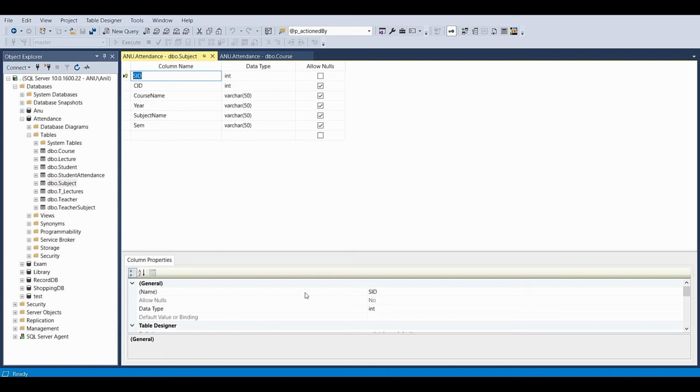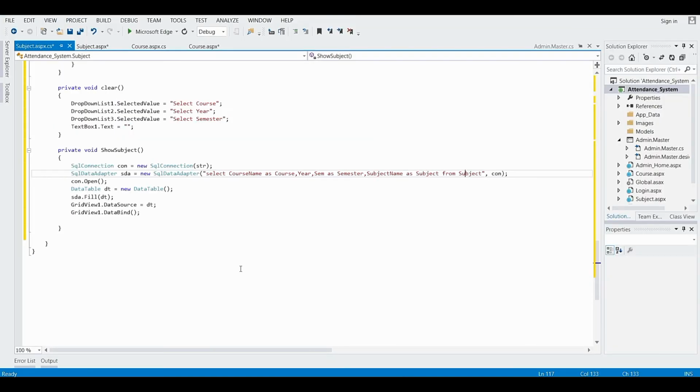Now it is going to select the course name as the name of course, then year, then semester. Here as course indicates that this course name column will be named as course.